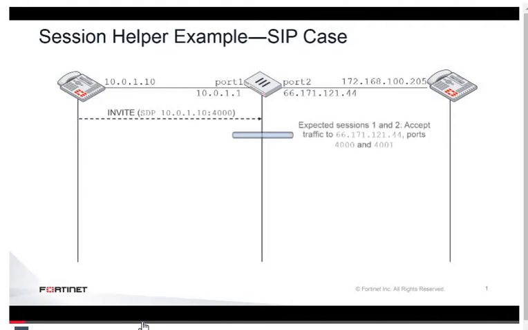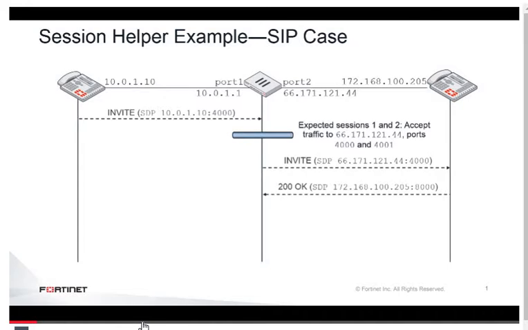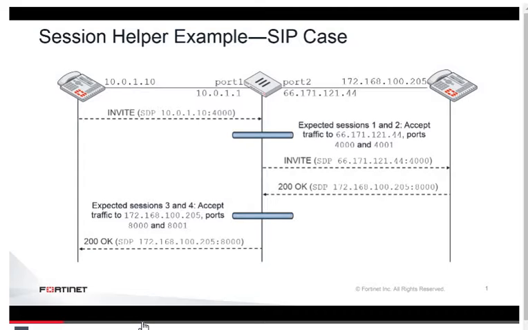SIP is another protocol that requires a session helper in a NAT environment. Similar to FTP, SIP uses control channels and data channels. In SIP, 4 data channels, 2 for each traffic direction, are required for each call. In the example shown on this slide, there are 2 SIP phones with the IP addresses 10.0.1.10 and 172.168.100.205. Additionally, FortiGate is doing NAT of 10.0.1.10 to